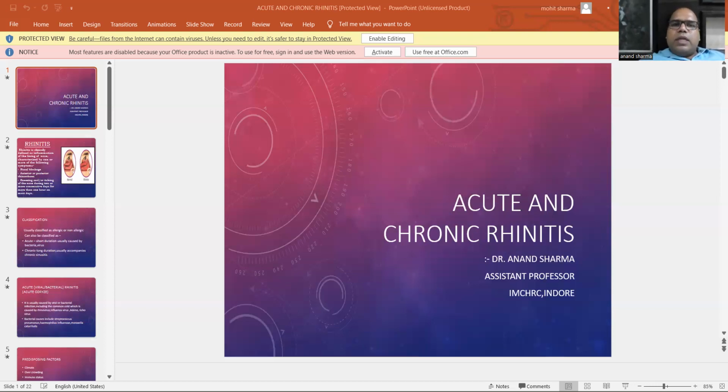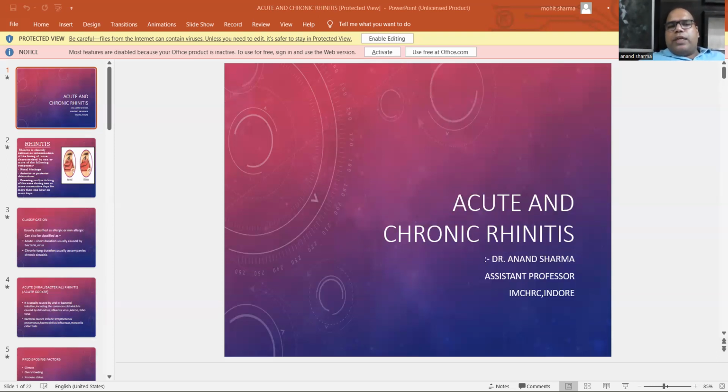So clinical features: the first is the ischemic stage, as there will be initial vasoconstriction. The patient will complain of itching in the nose, drying of the nose. The person will complain of fever and body ache. So these are the very initial symptoms a patient comes with in an acute rhinitis case. Then after that, the patient develops